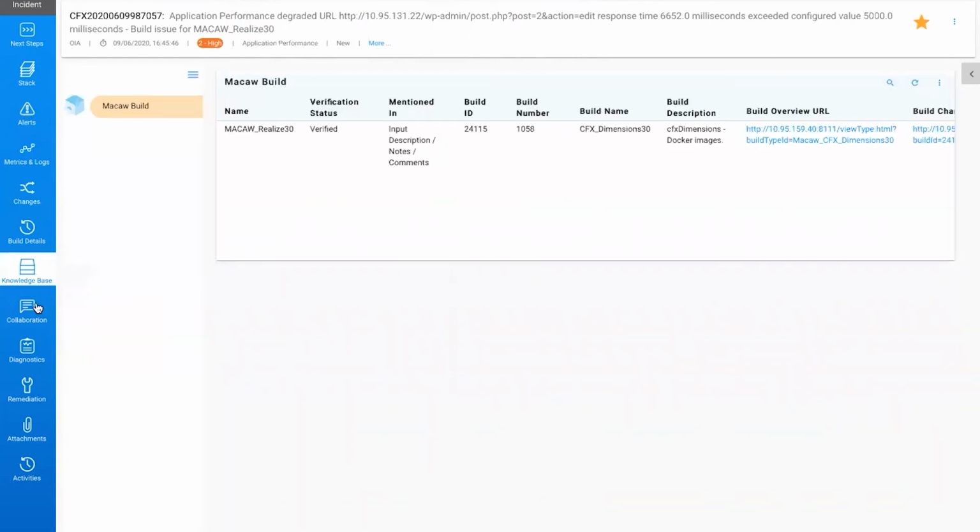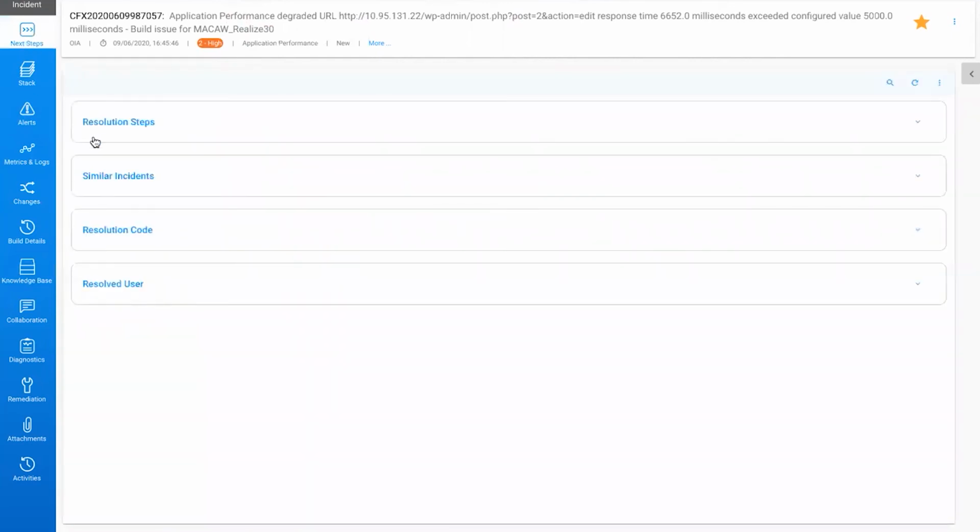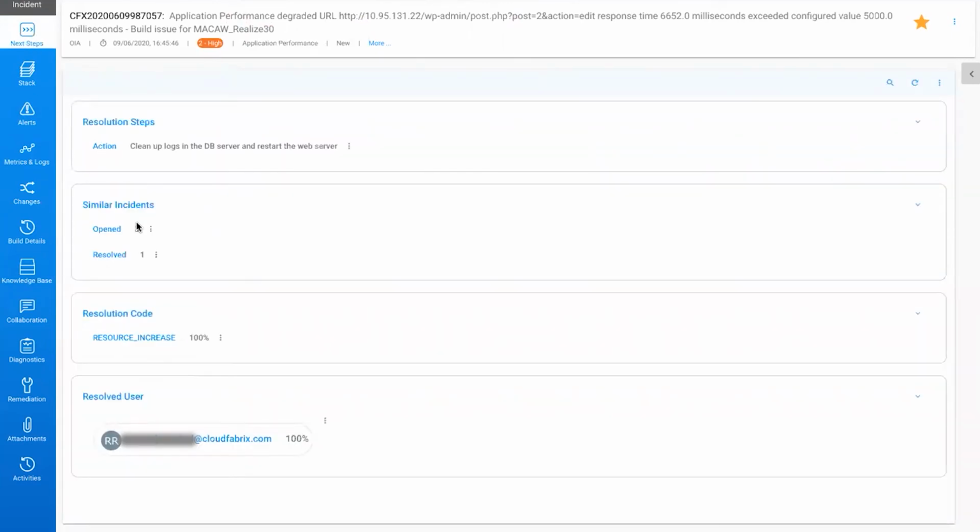And the important thing is, next steps should also be able to tell if I found any similar incidents. If it found a similar incident with 100% confidence, here are the resolution steps that were documented in that instance. Again, this depends upon what somebody has written down. It will be able to pull that information from your past similar tickets.